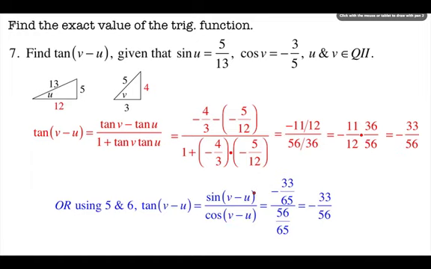You found out that this is negative 33/65 on a previous problem. Cosine of v minus u is 56/65. Do a little bit of pre-algebra here, and that's how we end up with this answer, which is the same as using the other formula. And this is the end of the